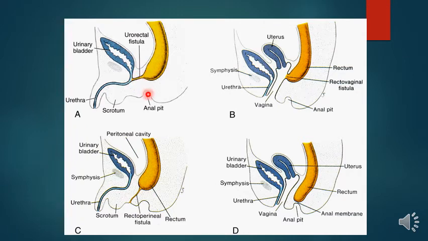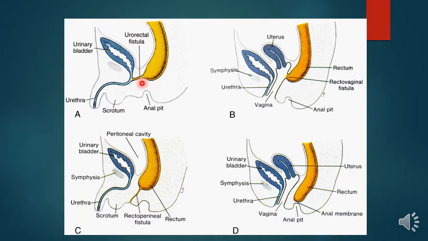Here the anal pit, the anal membrane, is not ruptured. Then the rectovesical fistula, or a high fistula, occurs when the three elements of the urorectal septum, that is the vertical and the two lateral folds, fail to approximate. They are not coming closer. So the cloacal duct will persist at a higher level and the rectum communicates with the urinary bladder, usually in the region of the internal trigone. So this high rectovesical fistula is at the level of the internal trigone.